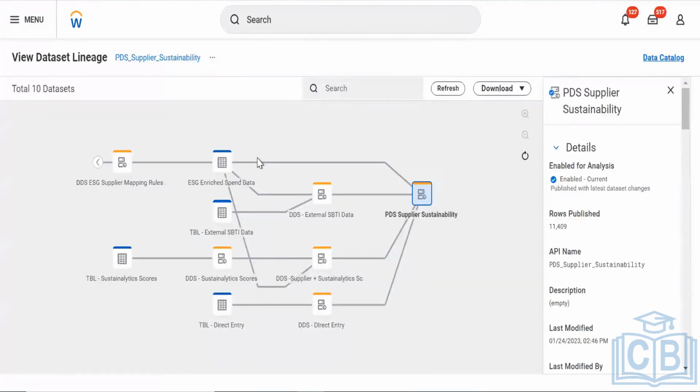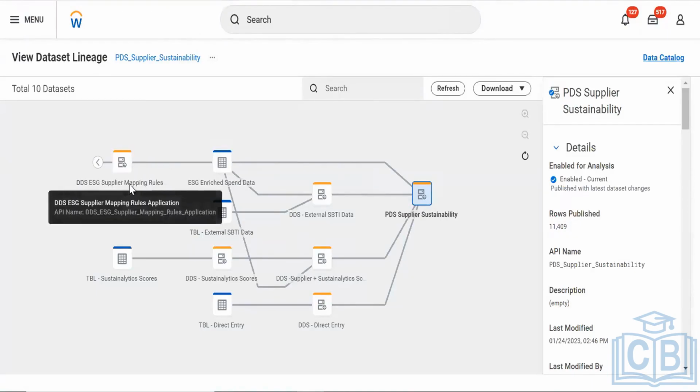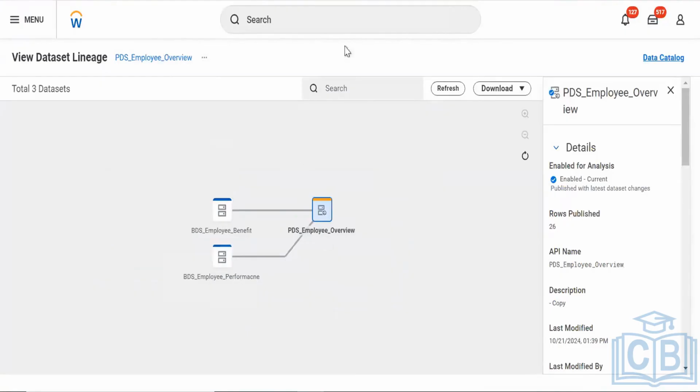I see the graph. Yes, this graph represents what is called lineage. What does lineage mean? We already covered it, but I will explain it again. Lineage is basically an understanding of the data flow. Data will always flow from the left side to the right side, and the arrow signifies the data flow. Here, this is a complex lineage and this is the easiest lineage.